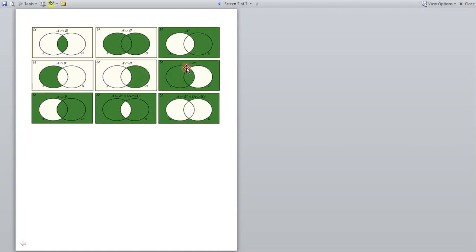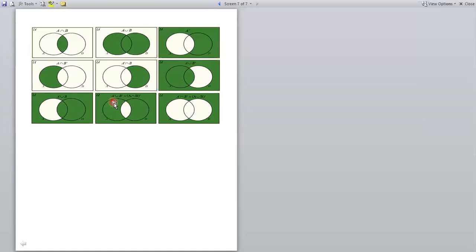Next, we are applying A union B complement. You know B complement means the outside of B, and A contains this total circle. When we apply the union operation, union means the collection of both A and B complement and the common part. The common part of B complement and A is this section, and this is A, and this is outside of B, that is B complement. So the green shaded region defines A union B complement, and A complement union B is just the opposite of this.